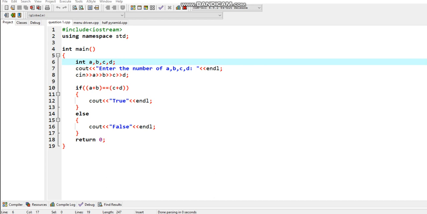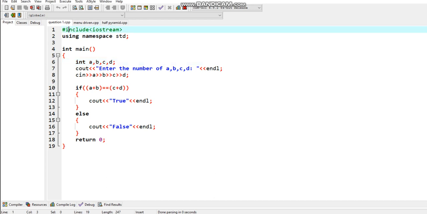This is object oriented programming lab experiment number 1. In this experiment, the question set allocated to me is set 2. There are three questions in the set. The first program checks whether the sum of the first two integers is equal to the sum of the last two integers. So this is the first program.